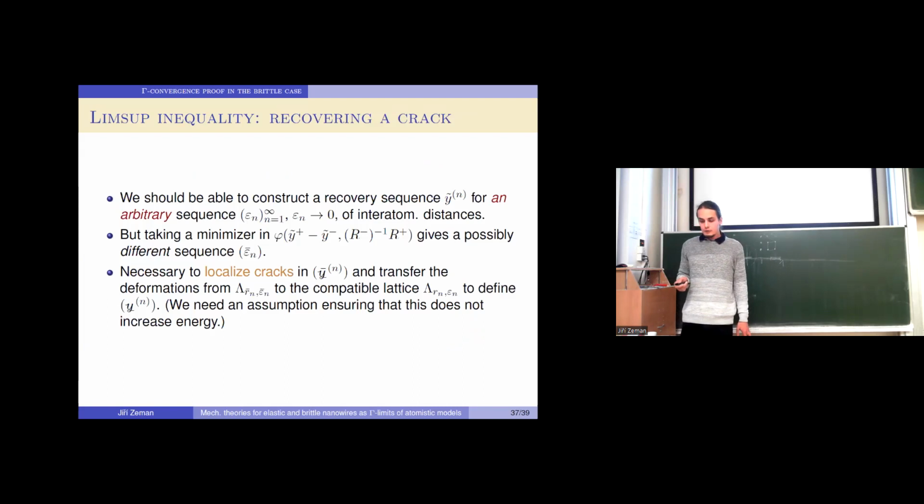And now, what is this good for? Well, in the definition of gamma convergence, we need some recovery sequence for any sequence of interatomic distances, not just the one that we get from considering a minimizer in the cell formula. So the technical step is to localize cracks first by the lemma that you saw on the previous slide, and then transfer the deformation to a compatible lattice, that is a lattice